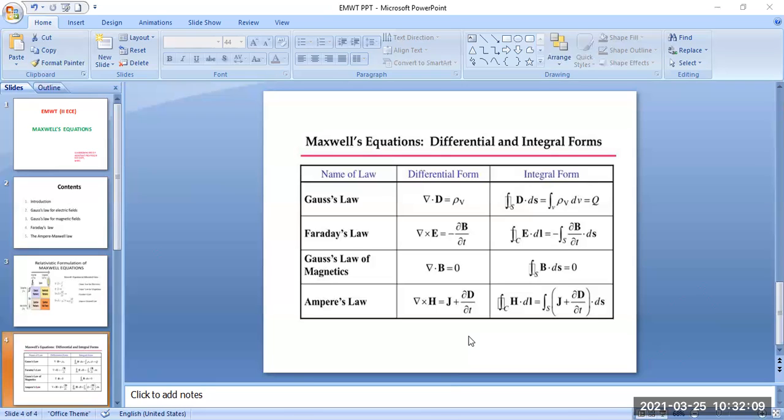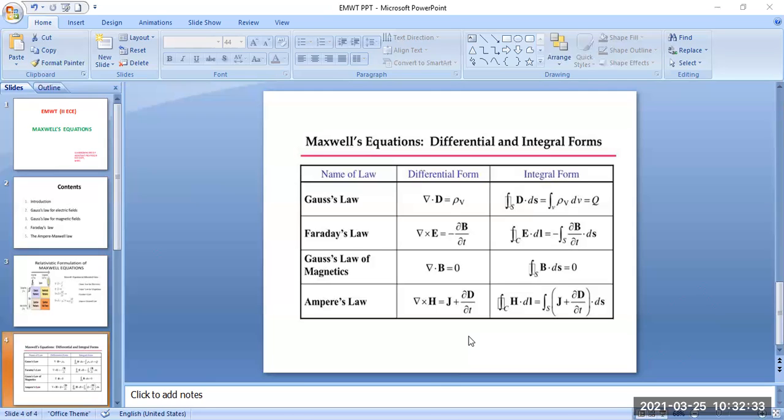Next, Maxwell's equations for good dielectrics. That is del dot D bar is equal to rho v, del cross E bar is equal to minus dou B bar by dou t, del dot B bar is equal to 0, and del cross H bar is equal to dou D bar by dou t. Why? Because sigma is the lowest value in a good dielectric. So we only get the dou D bar by dou t.